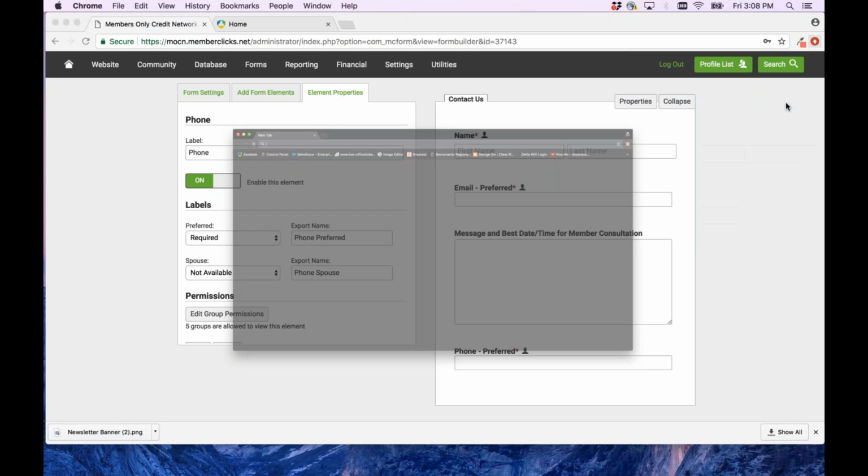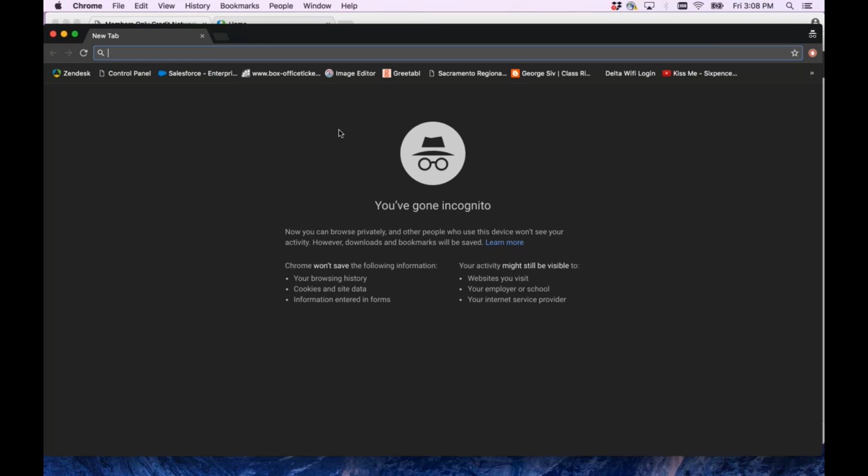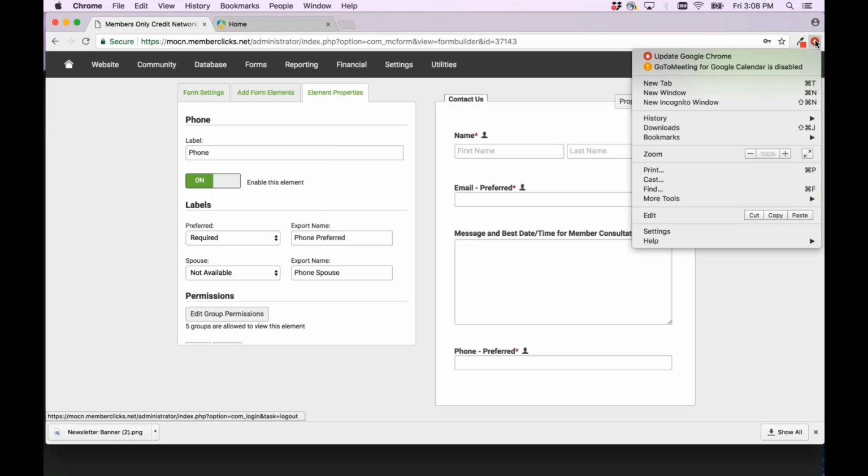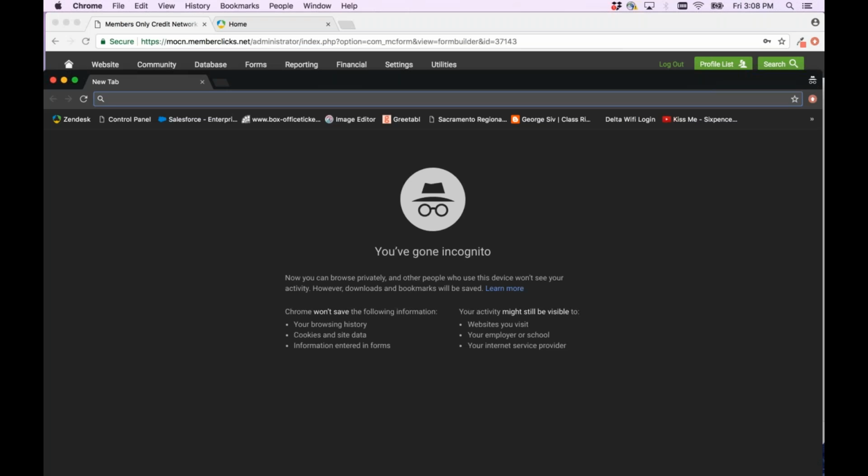Right. Have you used an incognito window before? I've seen it. Okay. I have a lot of associations who wouldn't know what that is. So if you use Chrome, it's always going to be in the top right-hand corner. There's a drop down where you can select new incognito window. Yep. Now I'm going to type in